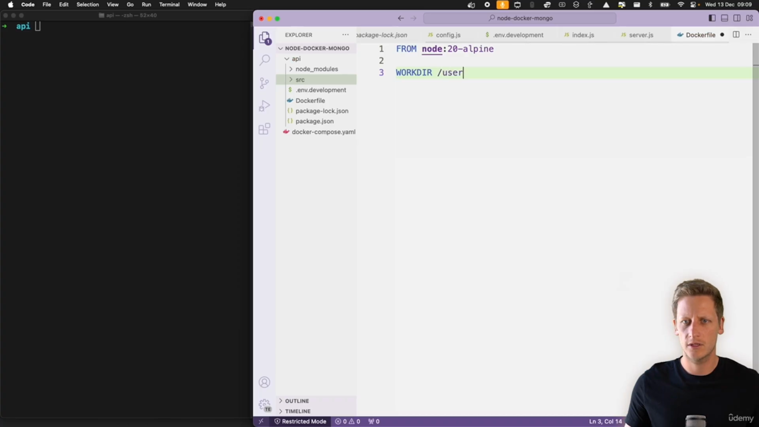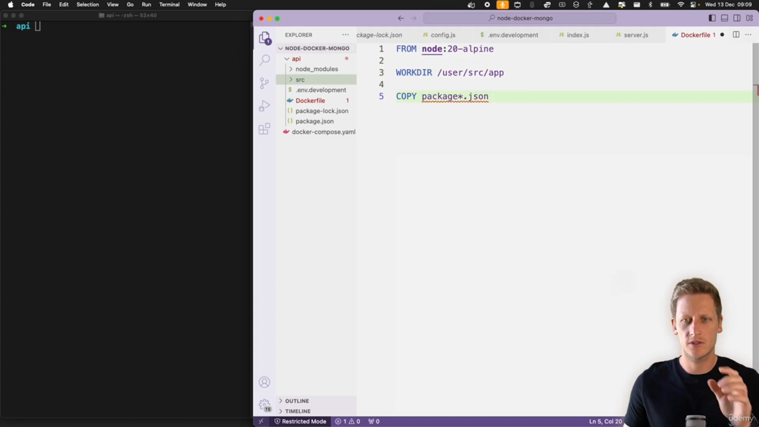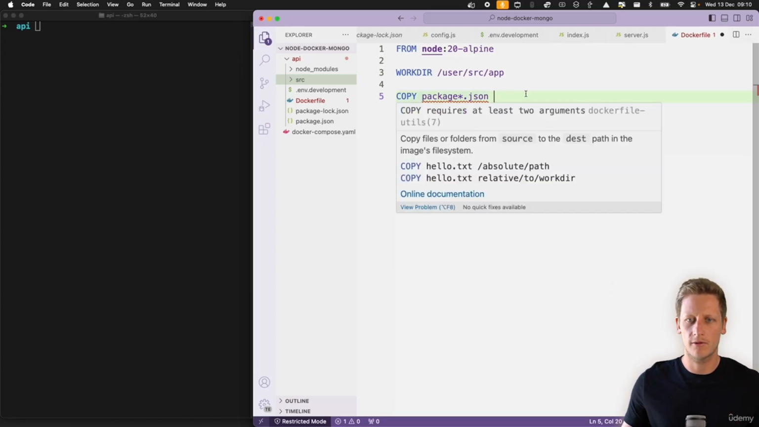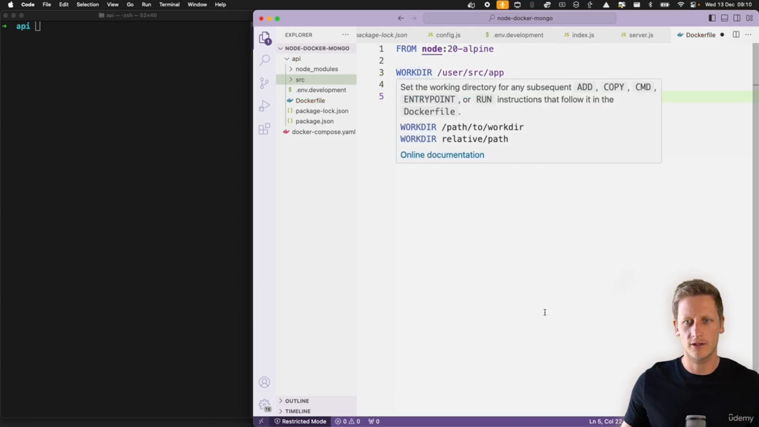So I'm going to say /usr/src/app. And the next command that we're going to use is this COPY. And so over here, what I need to do is copy over the package.json files. I'm going to use this expression here with a wildcard, and that's just going to ensure that we copy both the package.json and the package-lock.json files. This syntax uses source and destination, so it's going to copy from this source, and then copy that over to the root of our working directory,